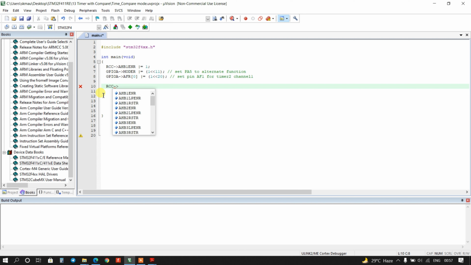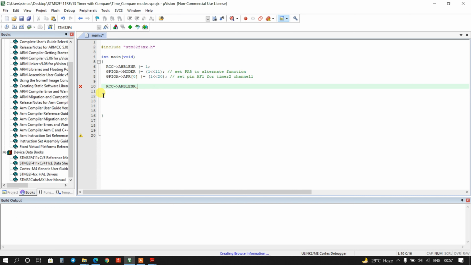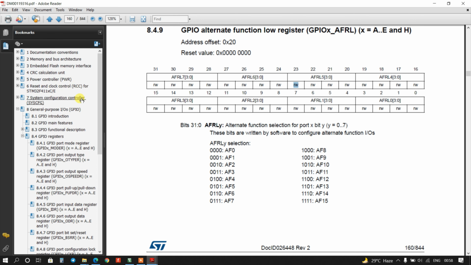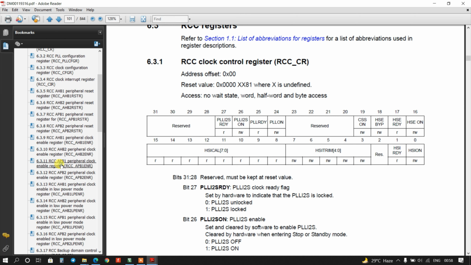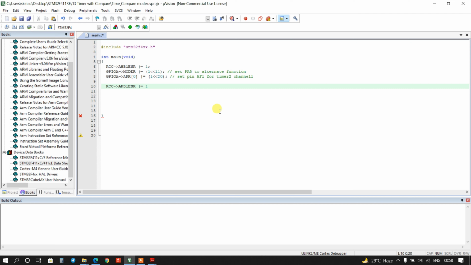RCC APB1ENR registers. We will go to APB1ENR. For timer 2, the 0th bit will be set. So it will be 1 simply.